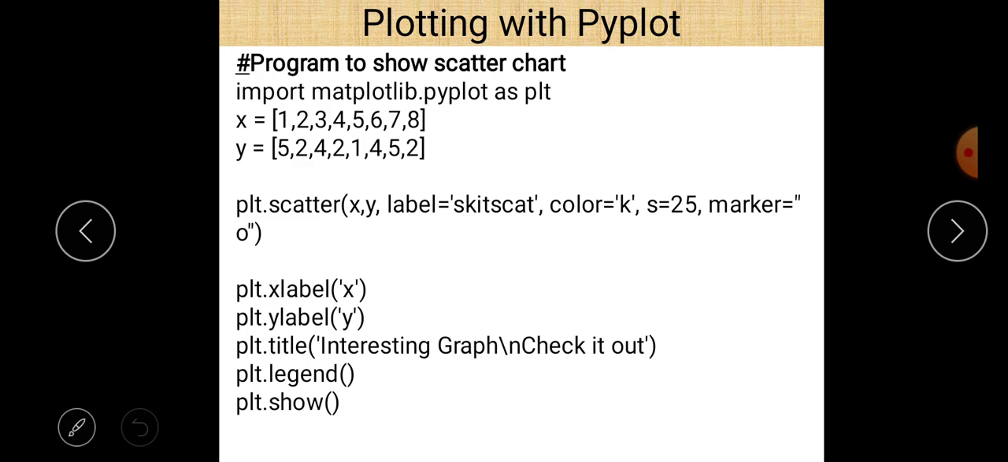This is another program related to scatter chart. You can easily see here different values of x and y are given in the form of a list. So 8 different values are given here related to x and y. Now if you want to plot a scatter chart between x and y, so again we just